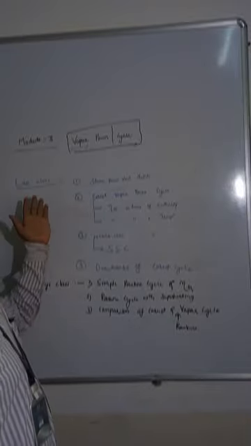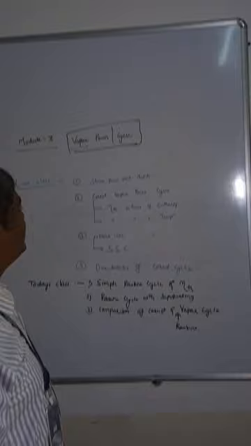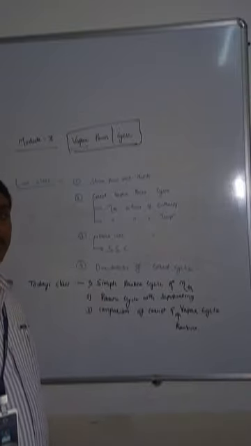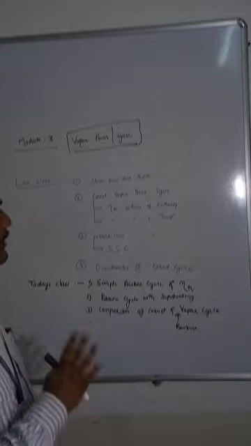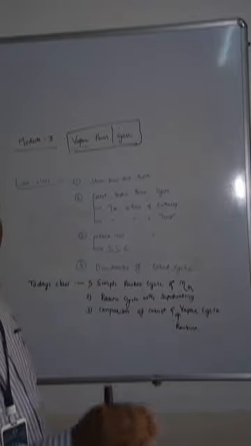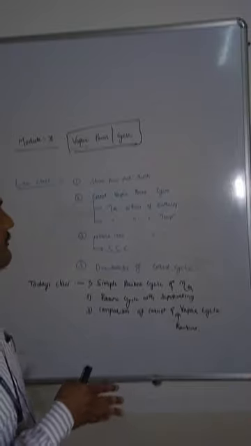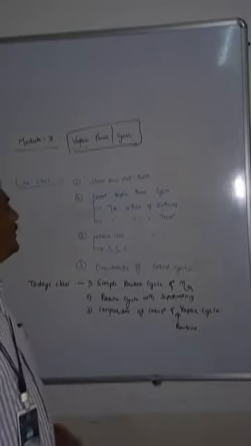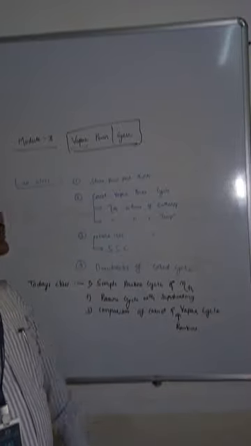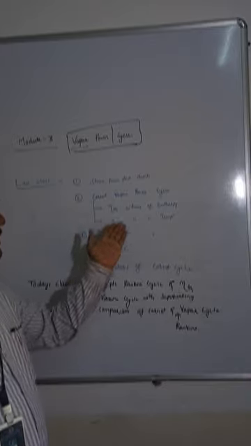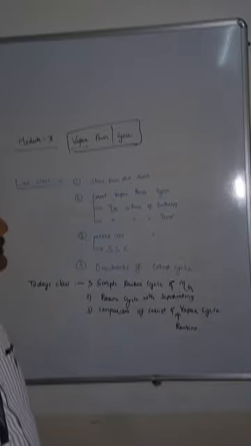Good morning, students. Last class we studied the steam power plant, that is boiler, turbine, condenser, and pump. We studied how the steam flows, what is the function of boiler, condenser, turbine and pump. Then we used the Carnot cycle to derive the efficiency in terms of enthalpy and in terms of temperature also.